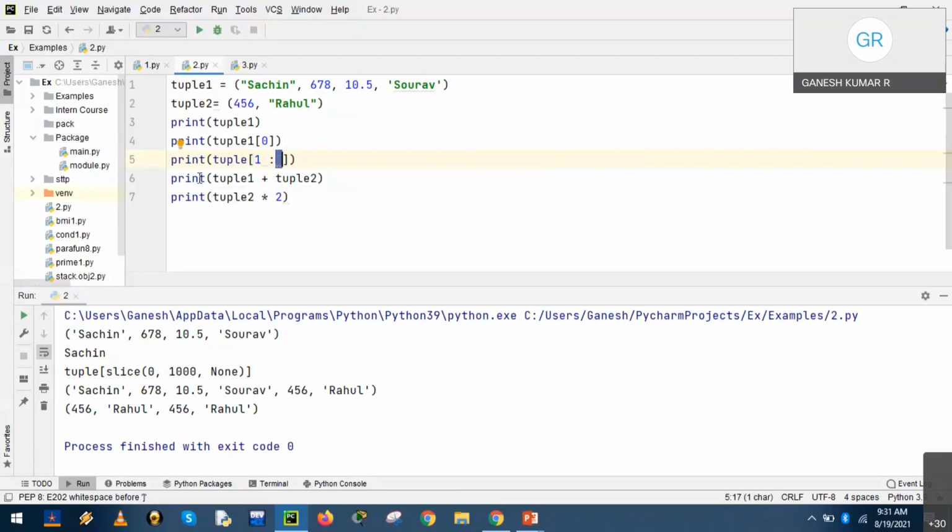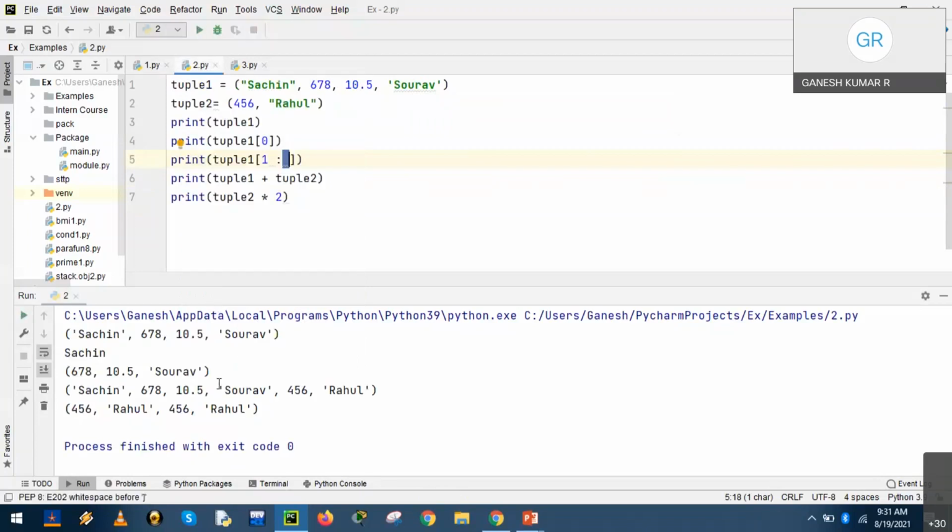Okay, so print tuple 1, tuple 1. So, yes, tuple 1 colon the maximum indexing value, the upper limit 0, 1, 2, 3. So all the values will be by default considered.